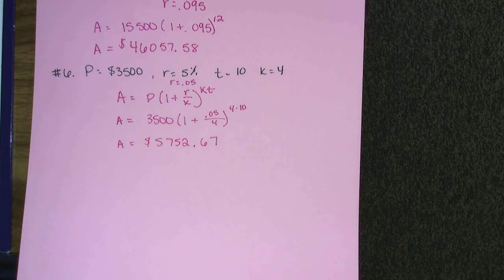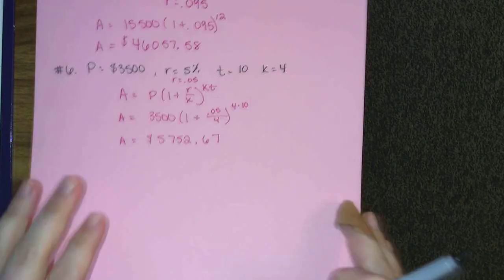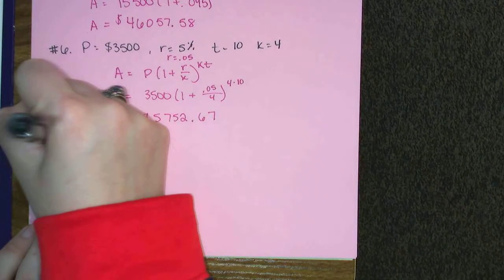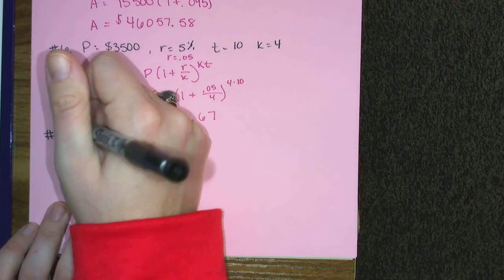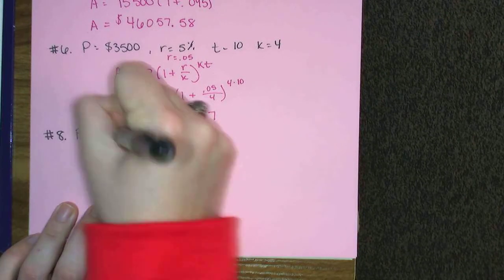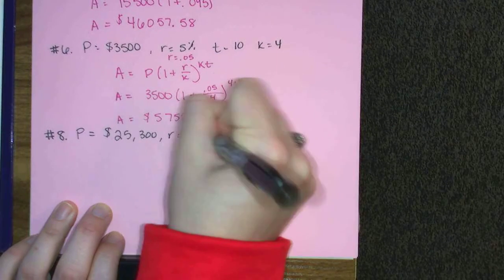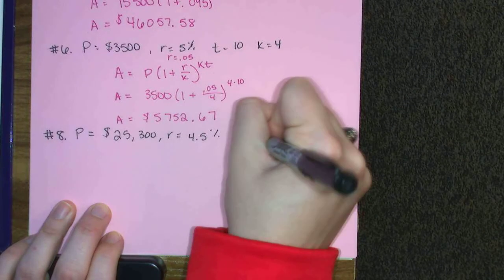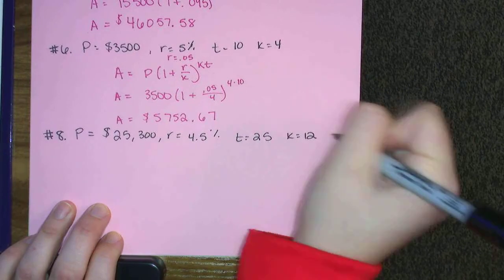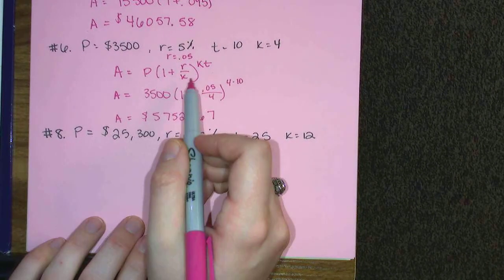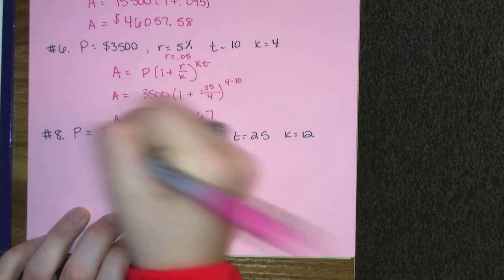Let's go ahead and do 8. P is equal to 25,300. R is 4.5%. T is 25 and K is 12. So this one is compounded monthly. So again, just filling in this formula here. A is equal to